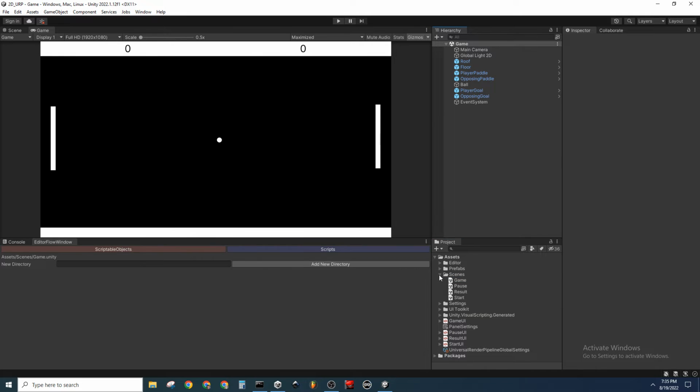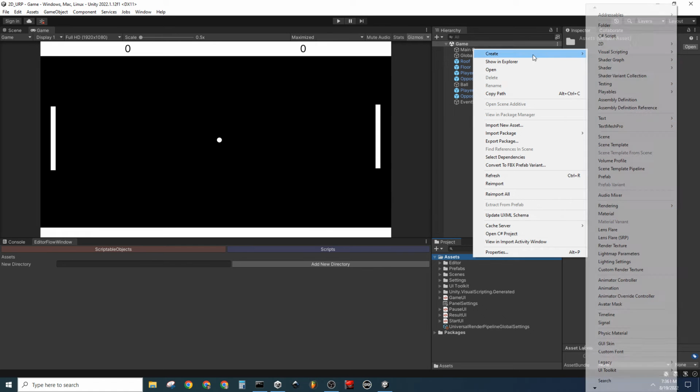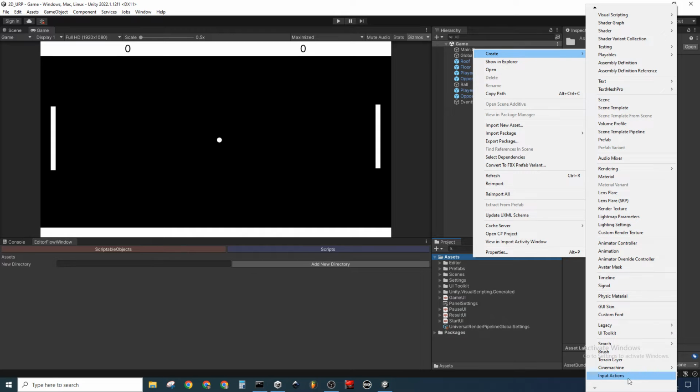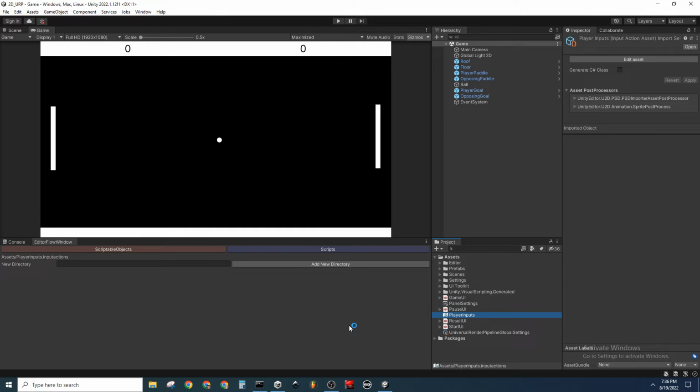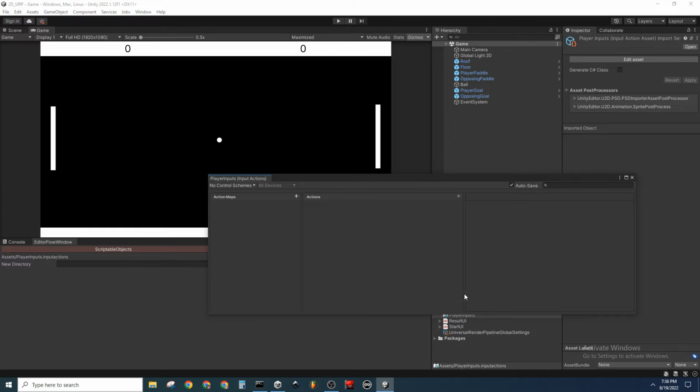So now that we have that done, the first thing we need to do to mess around with the input system is generate something called an input action. So I'm going to select assets, right click, and go to create. I'm then going to scroll down to the very bottom here and click Input Actions. This is going to allow me to name a new Input Actions, which I'm just simply going to call Player Inputs. Once I've created this Player Inputs asset, and once it's done loading, I will double click on the Player Inputs, and this is going to bring up the